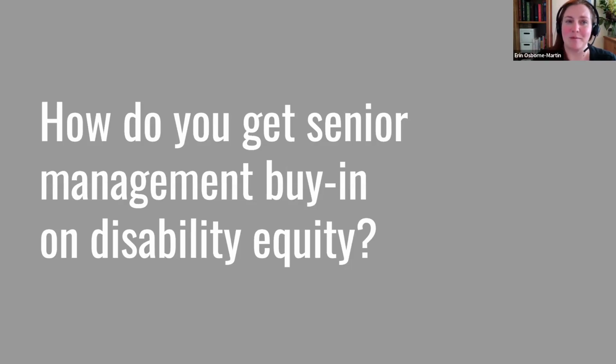I'm a firm believer, probably because of my own data background, that what matters gets measured, and what gets measured matters. People pay attention to numbers, so just bringing it up, just saying, how many disabled employees do we have? Does anyone know? And if we don't, how can we change that? How can we start tracking that? I think that really breeds a lot of awareness within an organization. I feel like I've talked for quite a while on that point, but if anyone else has any ideas or suggestions, I'd love to hear them.